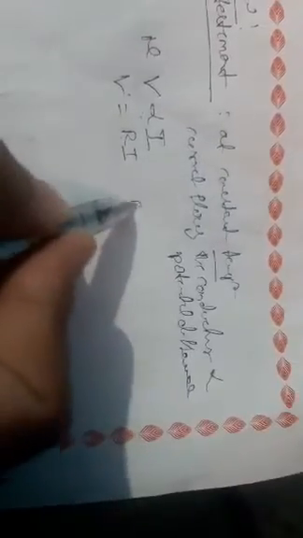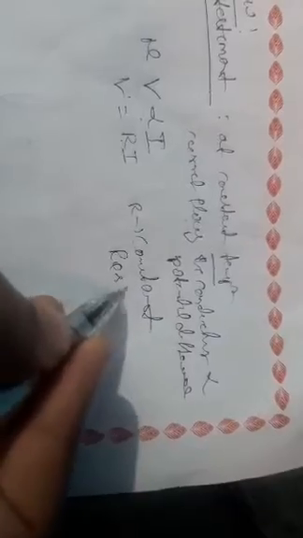Okay, now that is one of the experiments. That is the statement: at constant physical quantities, the current flowing through the conductor is directly proportional to the potential difference across the ends of the conductor. The equation is V is proportional to I. V is the potential difference, I is the electric current, or V is equal to RI. When you remove the proportionality, R is a constant. That is called resistance.